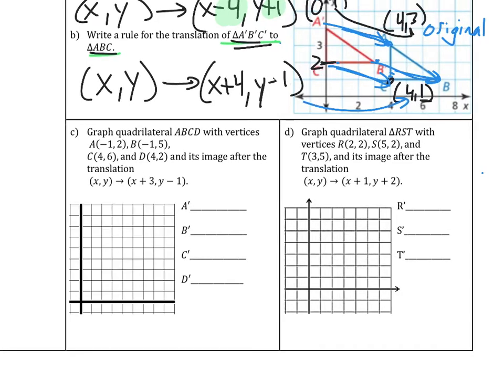Here we've got a quadrilateral A, B, C, D, and we've got its vertices given, so I'm going to graph those. You can pause the video and graph it too. Make sure when you graph those, you are labeling the points. That's going to be real important, okay? Now, we want to find the new points, A prime, B prime, C prime, and we're going to use this